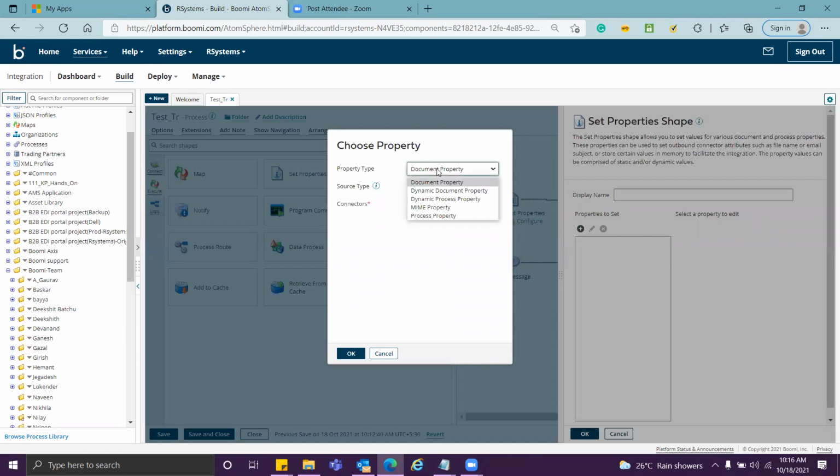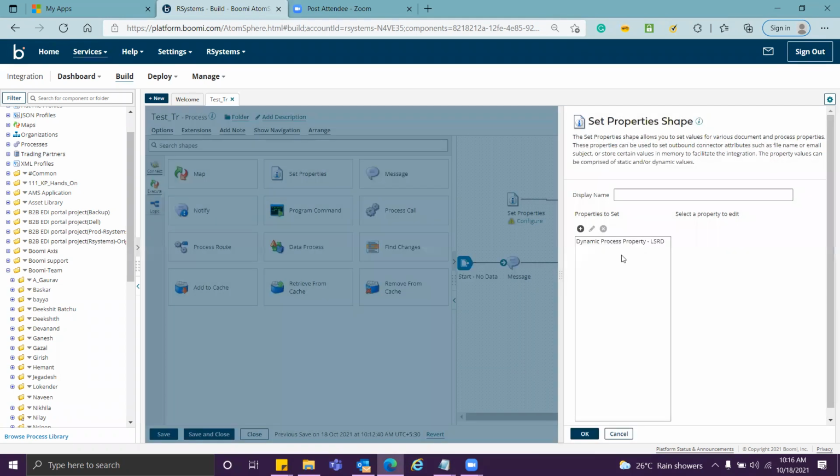So I click on this, I click on dynamic process property, and I give a name here. Say I give it as LSRD, where LSRD is an abbreviation for last successful run date. I click on OK.